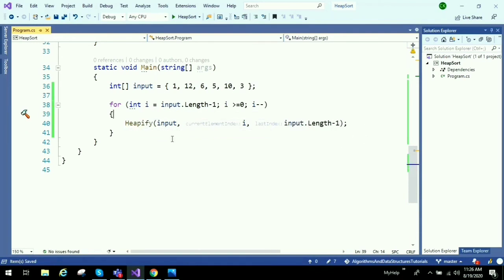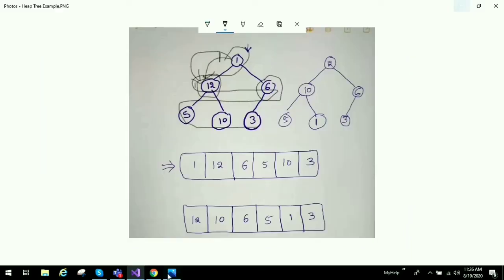And one optimization we can do here is actually we don't need to start from last node, because these are all leaf nodes. Anyhow they are following heap properties, but there is no harm in calling that. If you want to optimize, you can just take it from n/2 to 0.